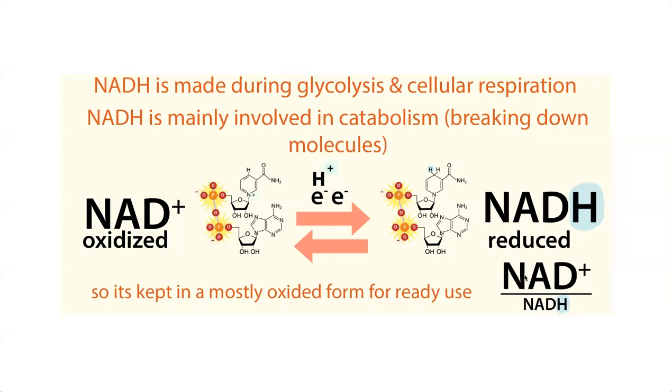So when you pass electrons to NAD plus, when it's further from equilibrium, you're going to get more energy. And so that's going to be more thermodynamically favorable, and that's going to help drive the reaction forward. If that ratio becomes lower, things get less favorable, but things also are getting less favorable in the presence of high NADH, because NADH is actually going to directly inhibit